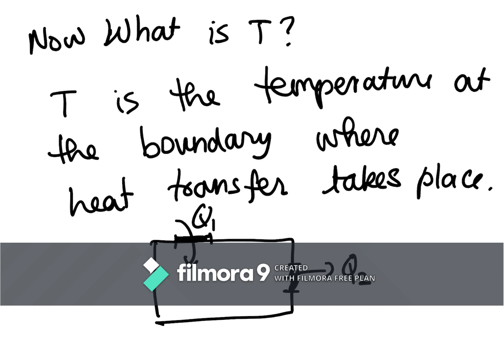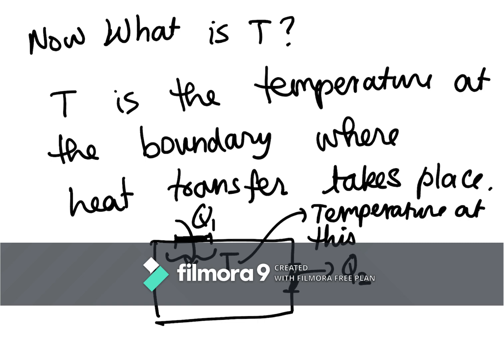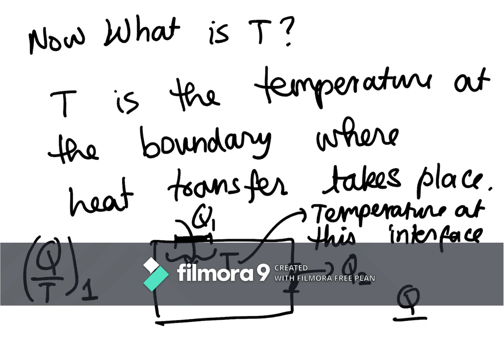What I am referring to as T here is the temperature at this interface. So we would take Q divided by T at port 1, Q divided by T at port 2,